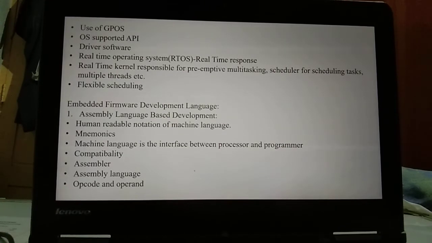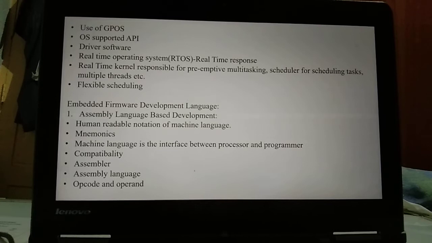Multiple threads means multiple portions of the code responsible for performing some action. A real-time operating system supports flexible scheduling in terms of memory and CPU. Memory and CPU utilization is scheduled properly.